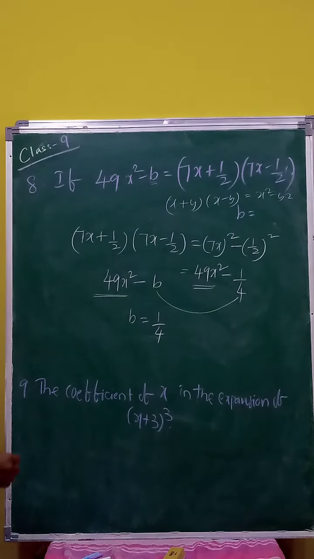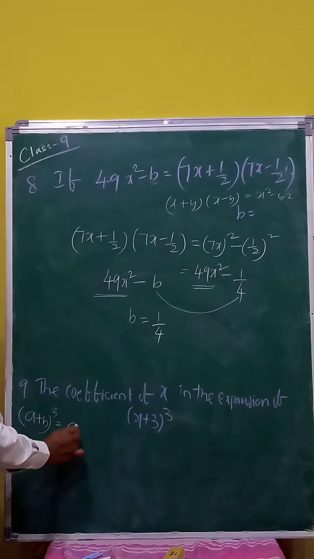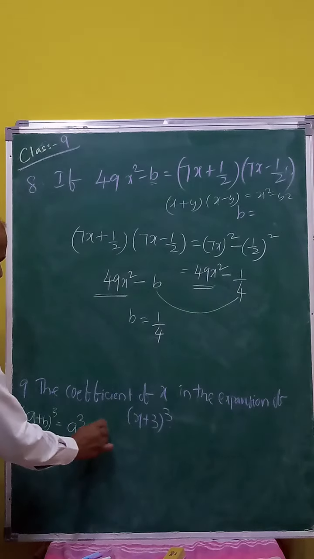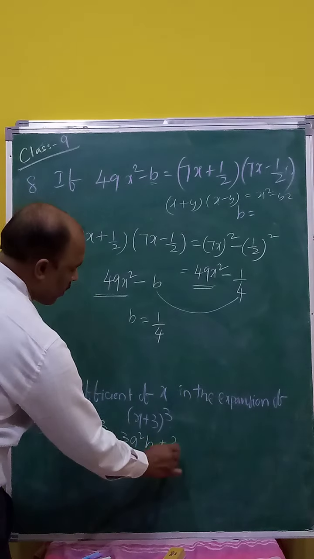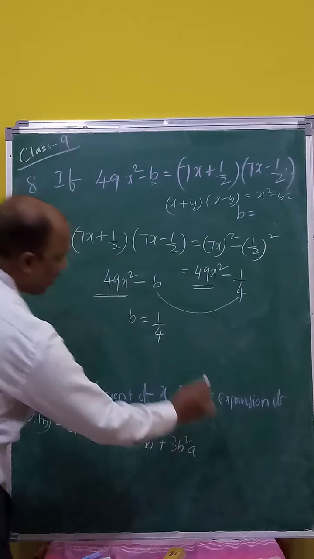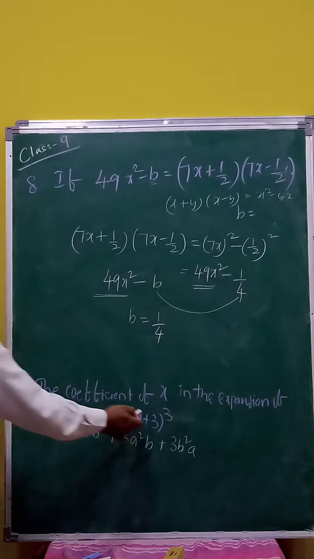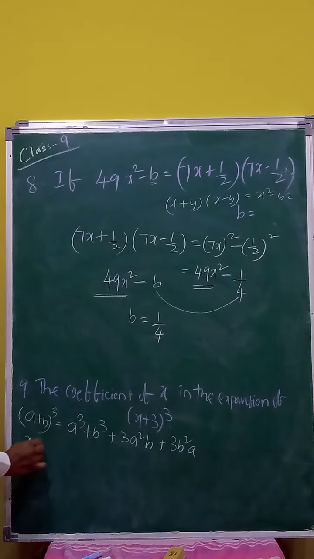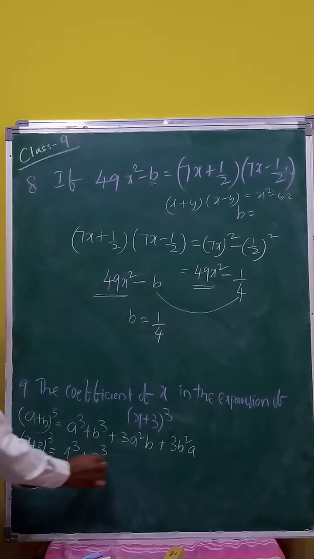Okay, a plus b whole cube formula, write first here. A plus b whole cube is equal to a cube plus b cube plus 3a square b plus 3b square a. This is the formula, identity. Okay, now open exactly like this. X plus 3 whole cube is equal to a cube means here x cube, b cube is 3 cube plus